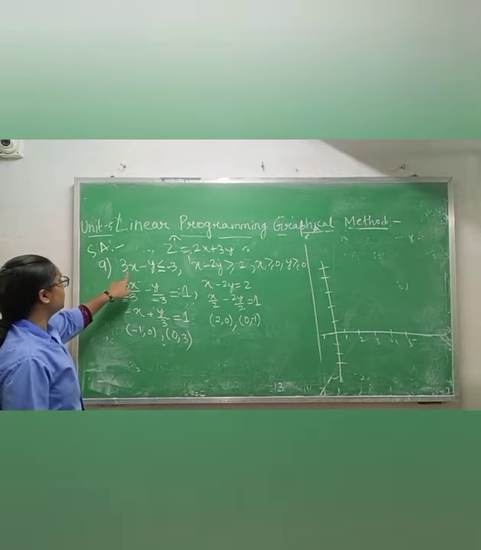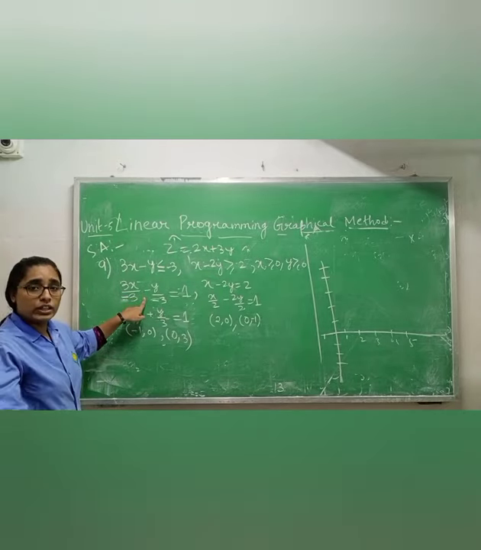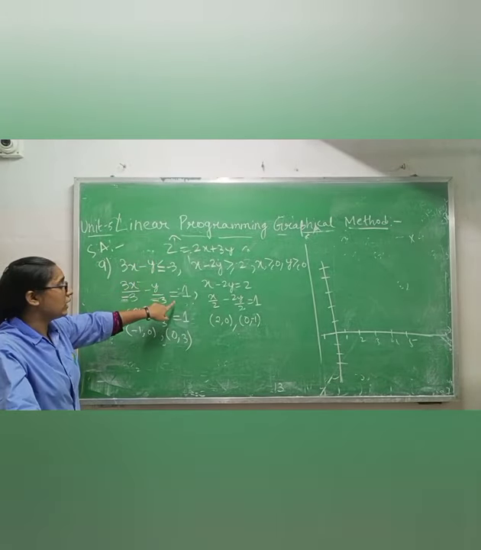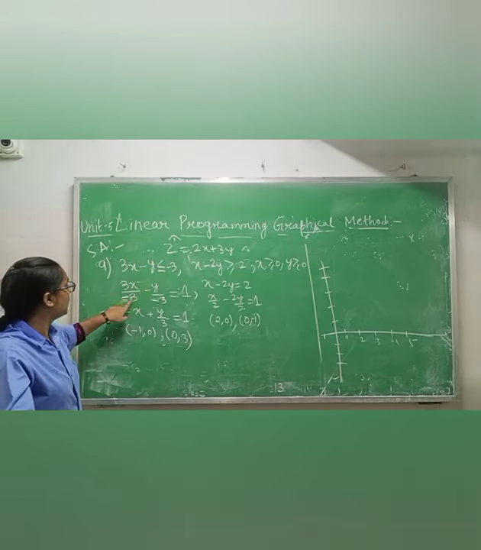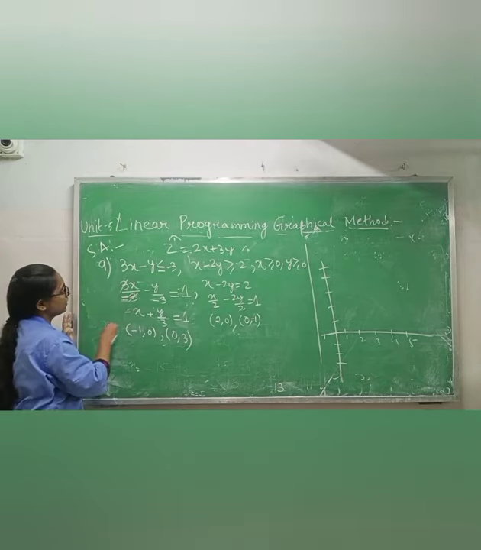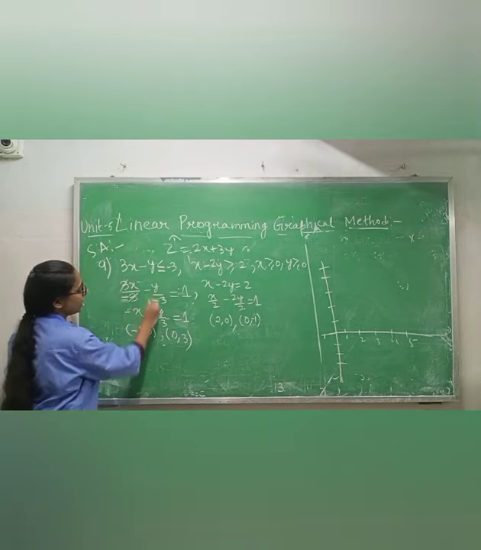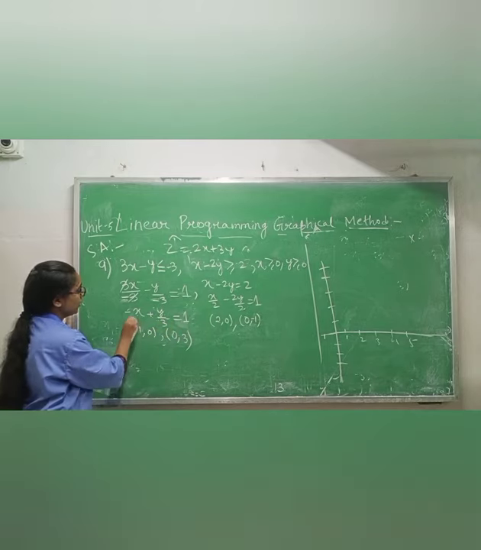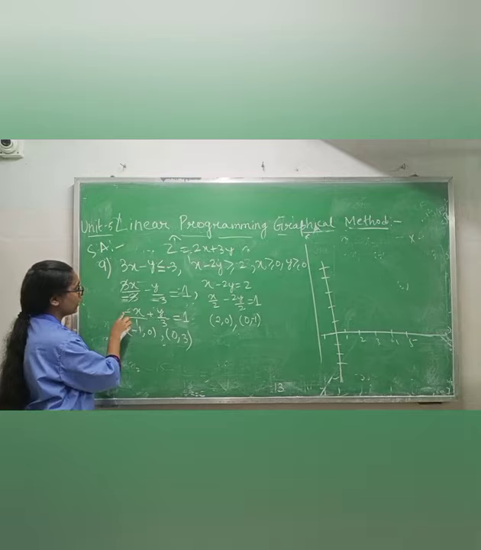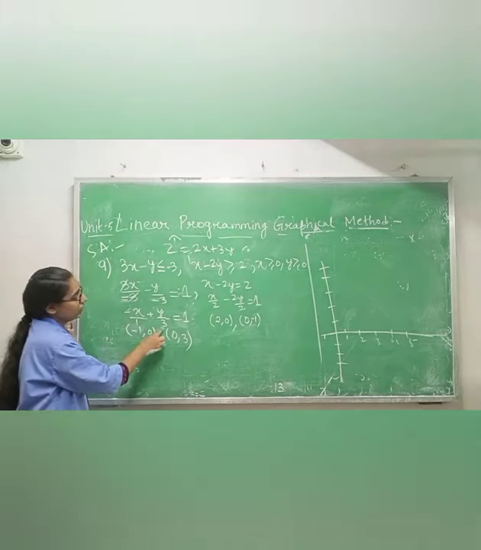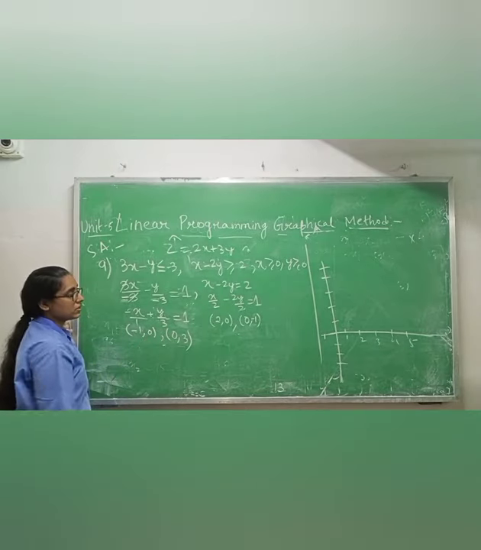Now what will you do? First I will convert this into a linear equation. I will remove the inequality sign and give an equals sign. Then minus 3 will come, again minus 3 will come. 3 ones are 3, 3 ones are 3. So minus x plus y by 3 equals 1. I told you that if I have minus, I have to take minus 1 and y is 0. Here x is 0 and y is 3.